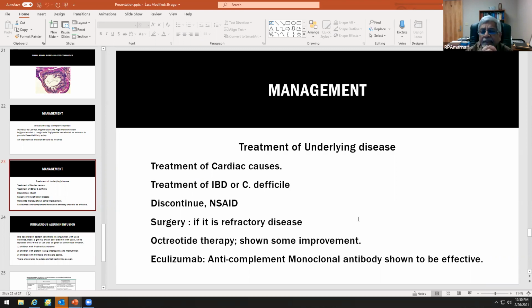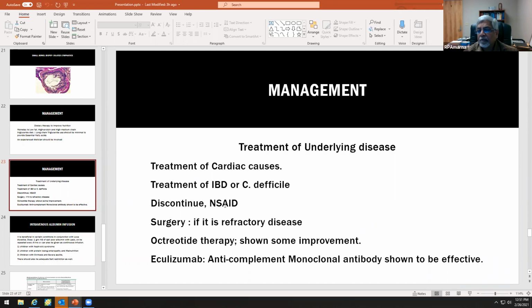If the disease is refractory, then we can get some relief by reducing the amount of area where you're going to lose the protein. So resection of a bad segment of the small bowel and reanastomosing it will give you relief at this time. All right. Now,